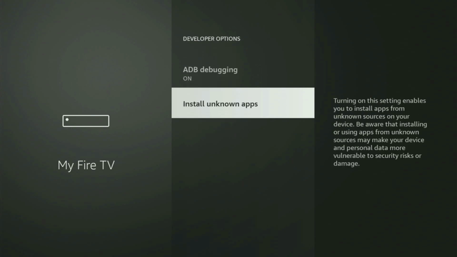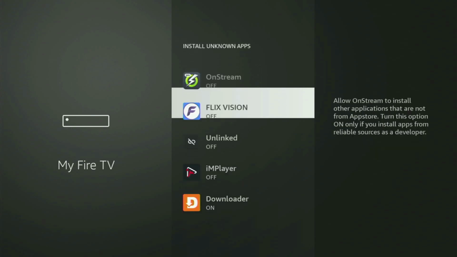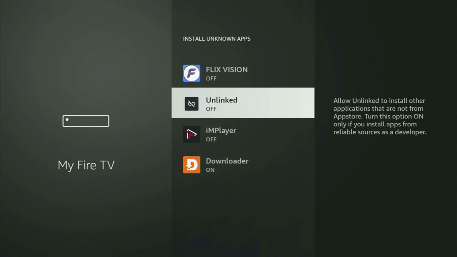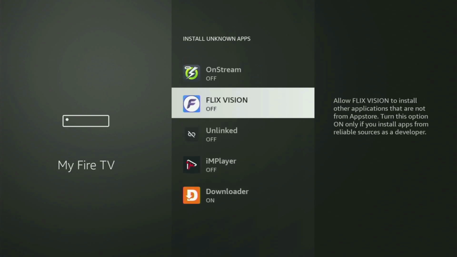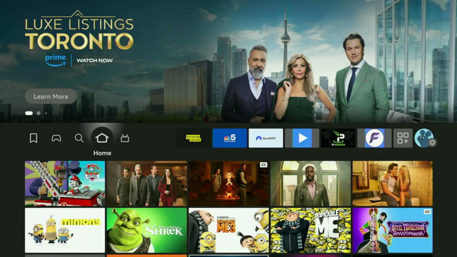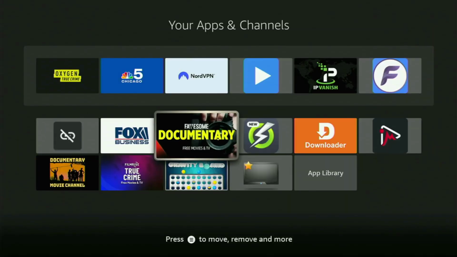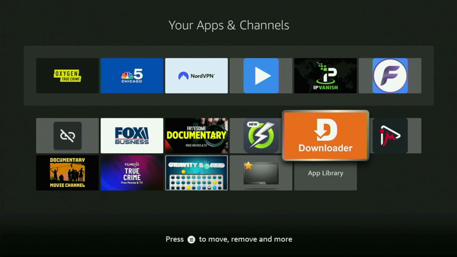After that, go to install unknown apps. And now from here, all you have to do is locate Downloader and turn that option on. So what it does, it's going to allow you to install other applications from the internet and not necessarily only those apps which are only available in your official Amazon App Store by default. And that's exactly what we're going to do right now. So now finally, let's go to the list of apps on your Firestick. Here it is, we open it up, and there is the Downloader, which is set up and ready to use